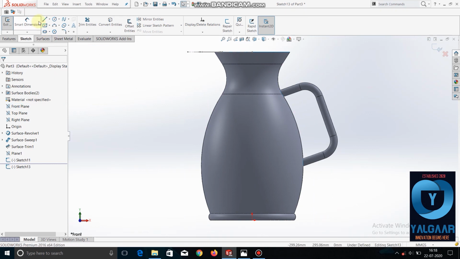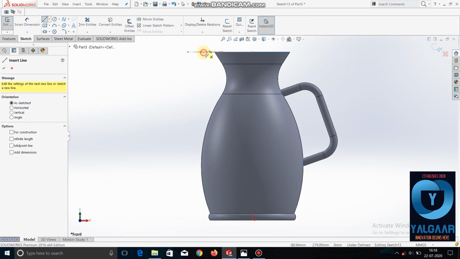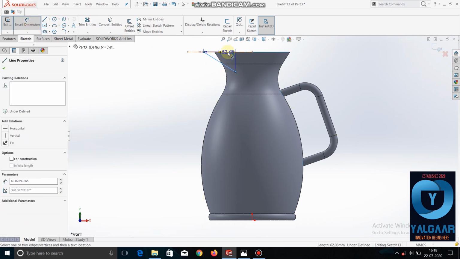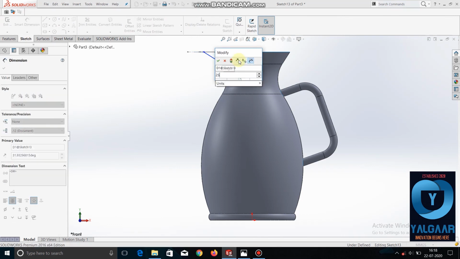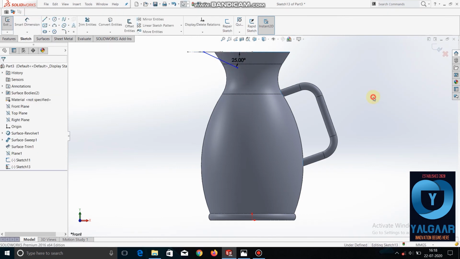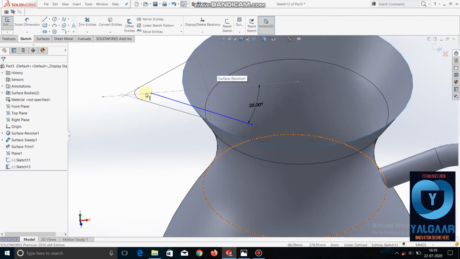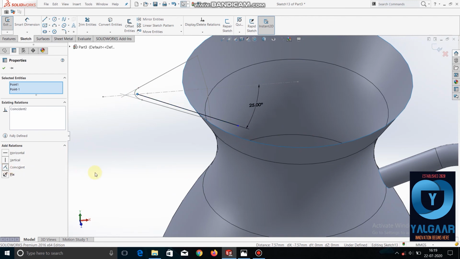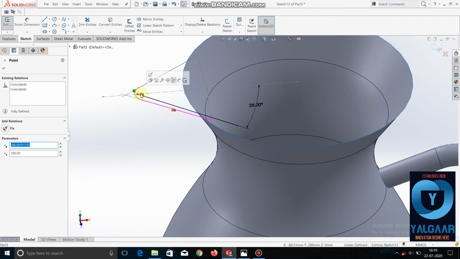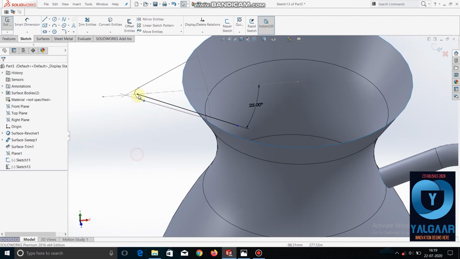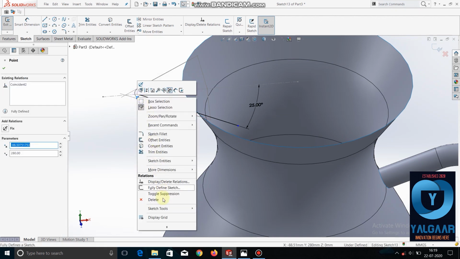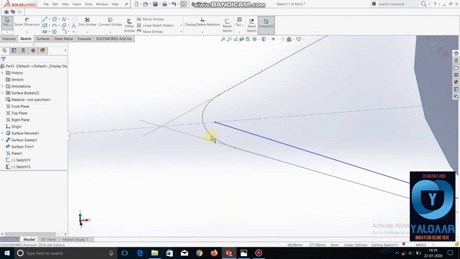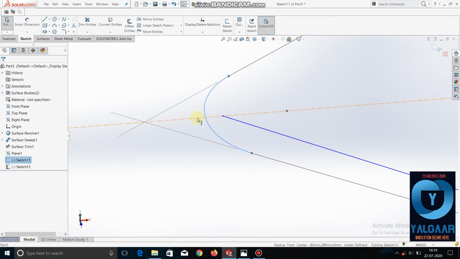The angle between these two is 25 degrees. Just make this and this pierce. So now you can see it is pierced.